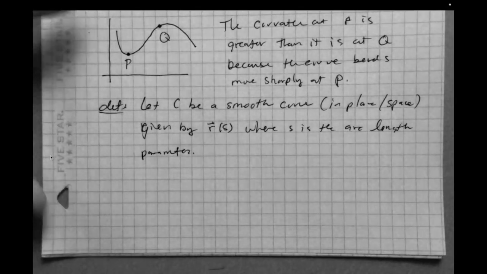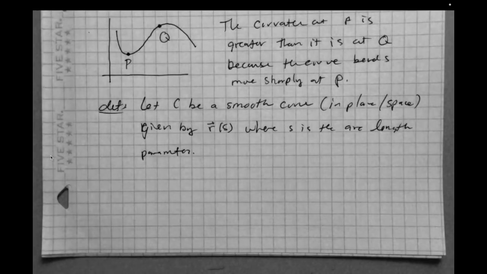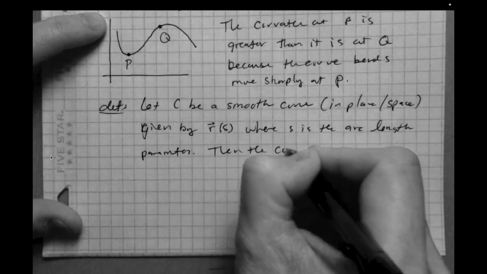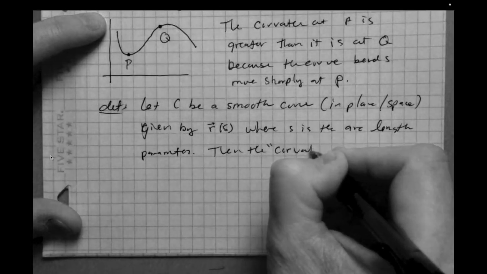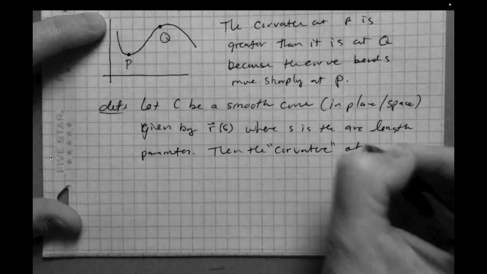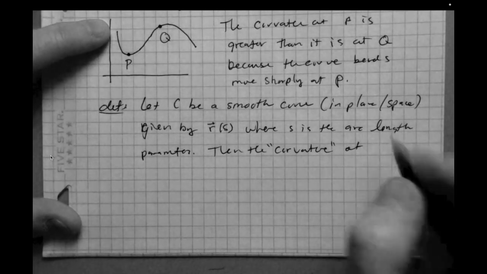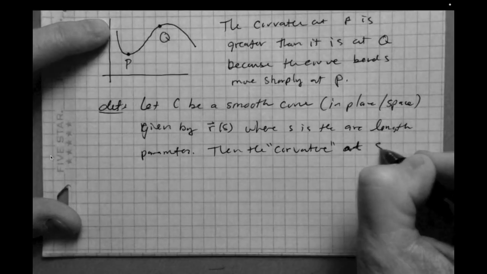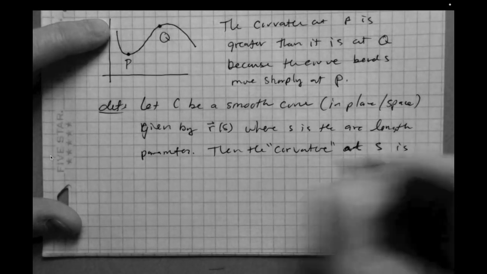So we've got this smooth curve C in space described by r of s, where s is that arc length parameter that we just discussed. Then the curvature at s is given by,